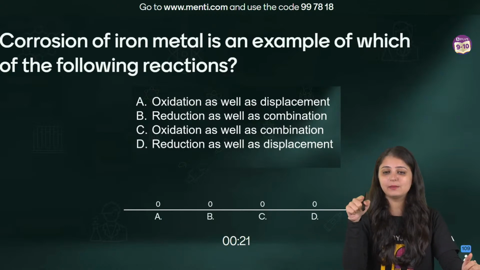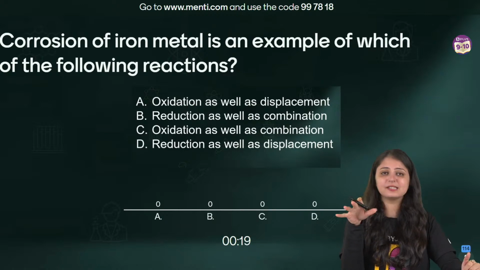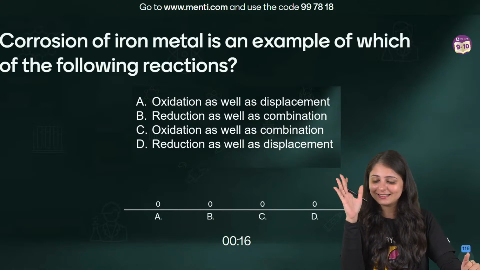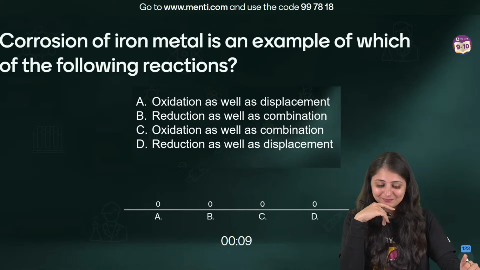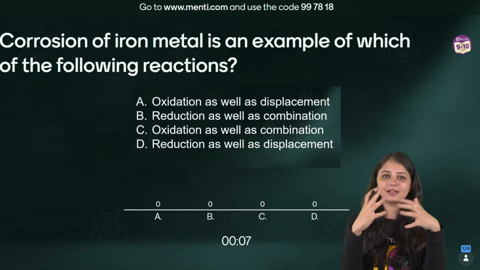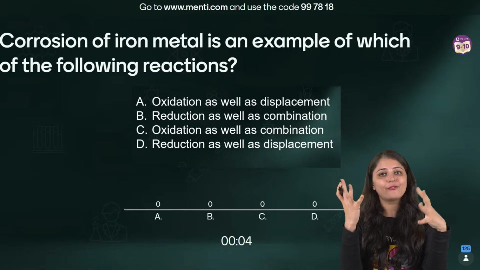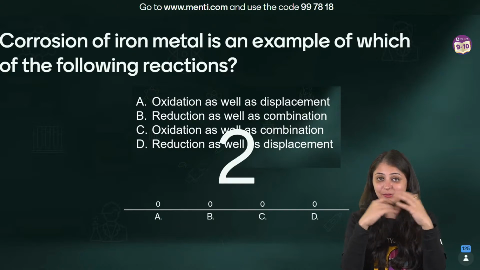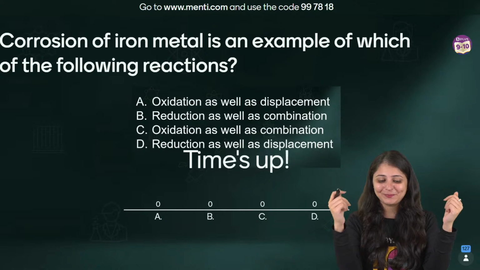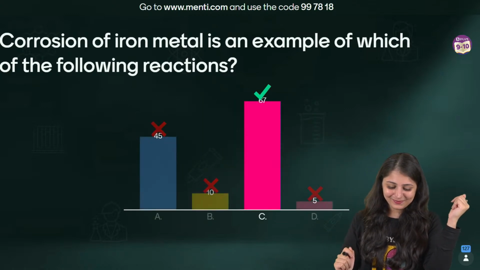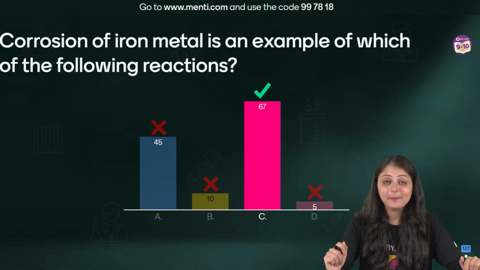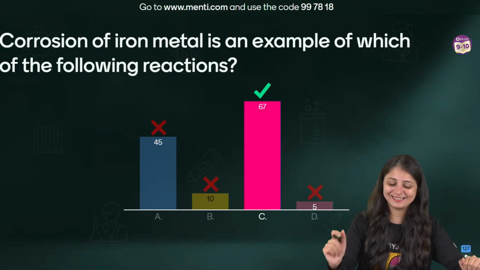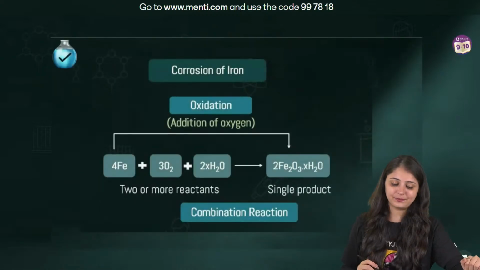No misclick. I can see some of you posting emojis की फटाफट जल्दी से करने के चक्कर में गलत कर दिया. नहीं करना. This is what you don't have to do. Last 10 seconds. Just think the conditions under which, in the presence of something, rusting takes place, so you'll be able to identify the type as well. I was thinking that you might get confused in this one, but still most of you managed to guess this right.